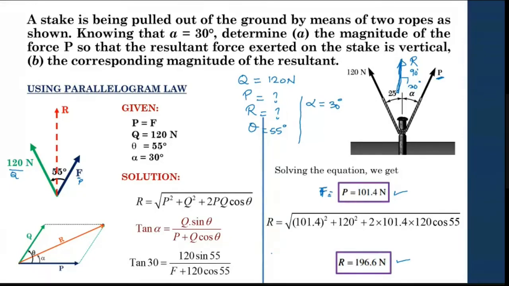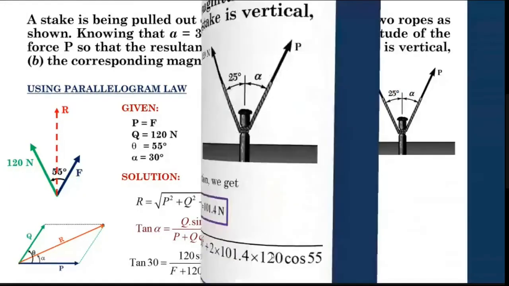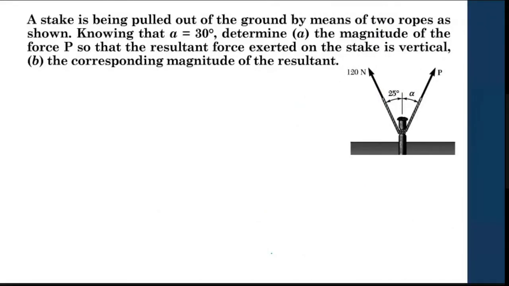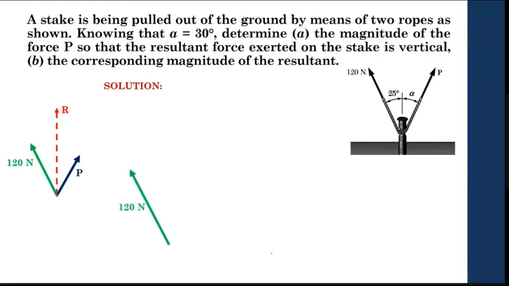Okay, right. The next one, the same problem, right? The same problem. Now I'm going to use the triangle law. So what I can do, this is the same problem, I am noting it here. So now I consider this as 120 Newton, right? And the other one, so this is my resultant R, which is straight. These two data are known. So my P, right? And this is, of course, 25 degree, right? So the resultant and this is 20. So you know that the resultant is here.